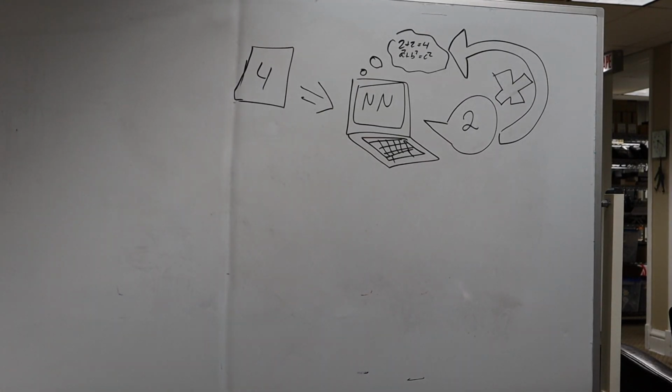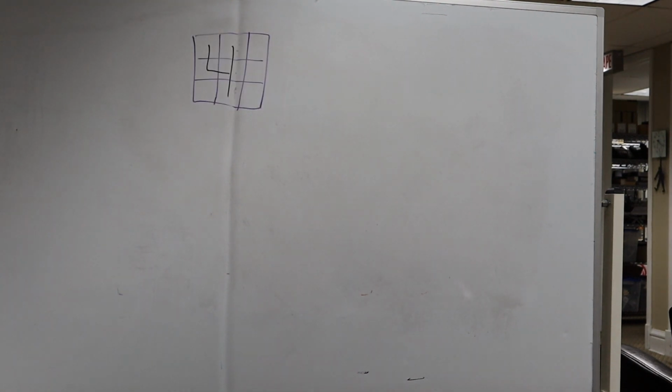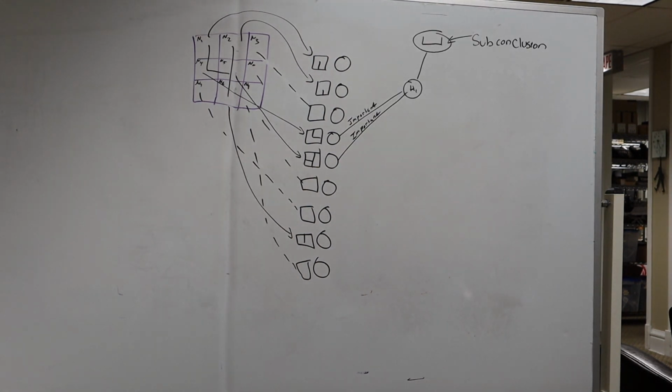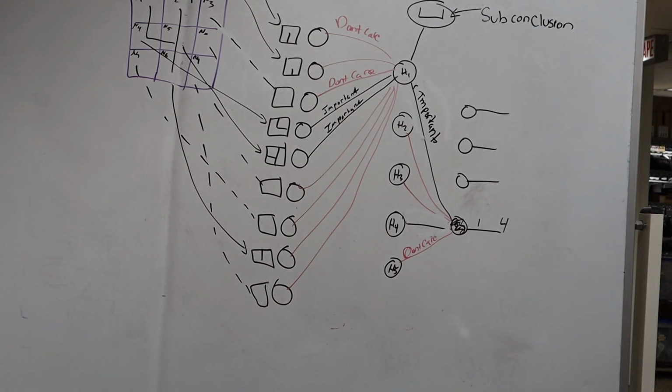Now, how does the network correct itself? It uses a process called backpropagation. To explain this process, let's first look at how it feeds in data through the network to make a conclusion. First, it takes an input piece by piece in the input layer. Then, in the hidden layer, it weighs the input differently to make subconclusions. Finally, in the output layer, it weighs all the weighted subconclusions to make a conclusion, where the highest output is